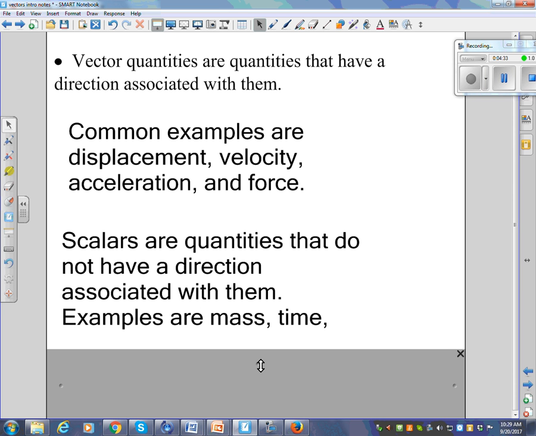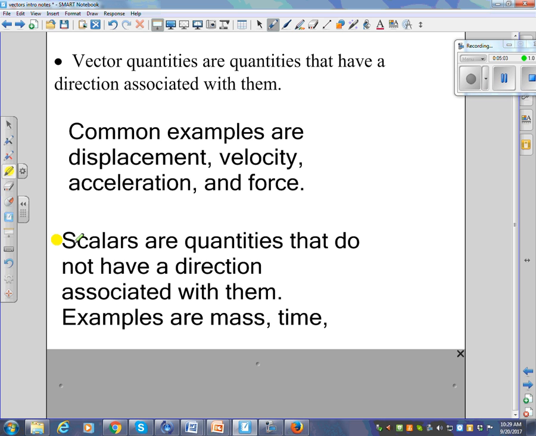The opposite of vector is scalar. Are you with me, ladies? The opposite of vectors is scalars. They are quantities that do not have a direction associated with them. Things like mass, 100 kilograms, time, 6 hours, cost, $4. You can't say, how much did that car cost? $10,000 south. It doesn't make sense. Things that you can't put a direction at the end of are called